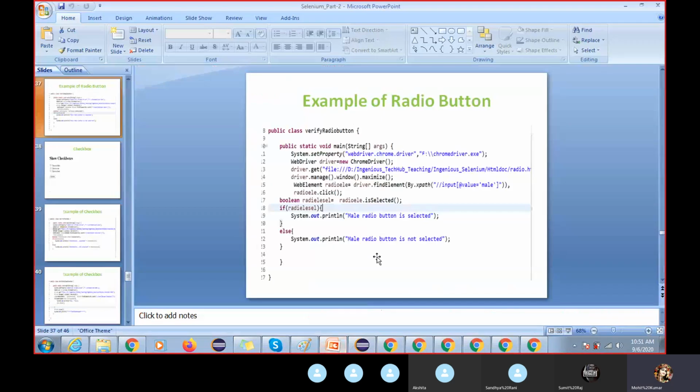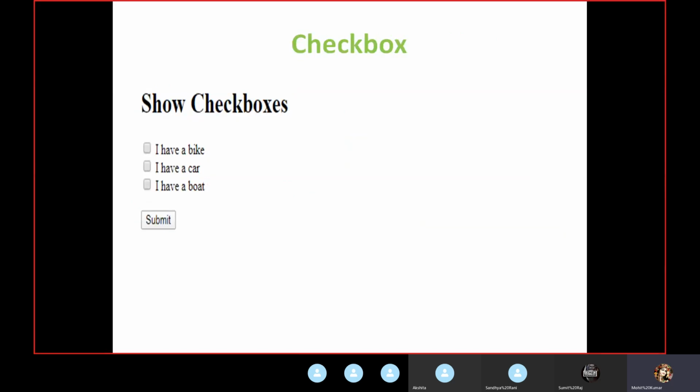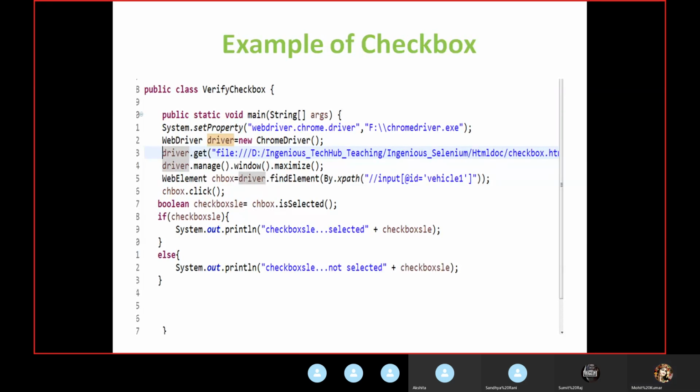Same thing we can do with a checkbox. We will learn in the coming session how to handle the checkbox, but it is the same thing. Now we are finding the element for the radio button, and there we can find the element for the checkbox.